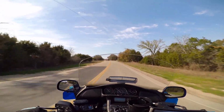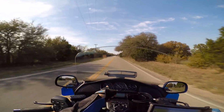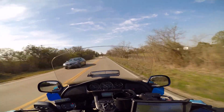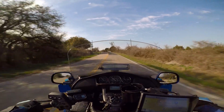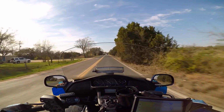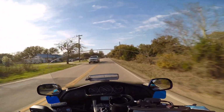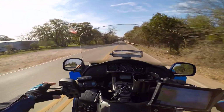I think the fastest I'll ever go is 65 miles an hour. I try and keep it under 3,000 RPM to get the best possible gas mileage. The best I've ever done was 36 miles per gallon pulling a fully loaded trailer and riding 2-up. Believe it or not, that's the best mileage I get is 2-up, because I don't know if that back seat works as a parachute or whatever, but I get better mileage riding 2-up, and even pulling a 500-pound trailer where I'd load up with way too much stuff. Anyway,